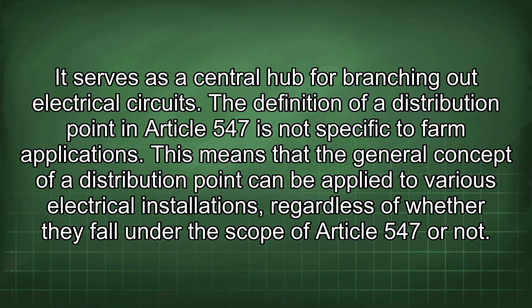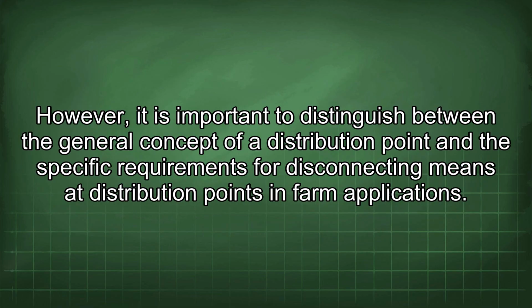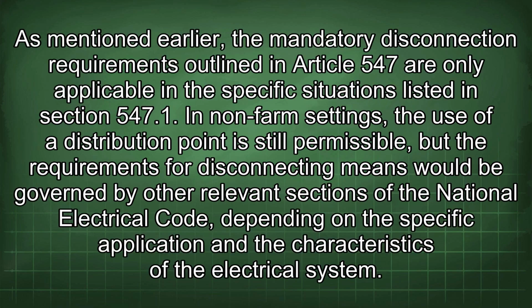The definition of a distribution point in Article 547 is not specific to farm applications. This means that the general concept of a distribution point can be applied to various electrical installations, regardless of whether they fall under the scope of Article 547 or not. However, it is important to distinguish between the general concept of a distribution point and the specific requirements for disconnecting means at distribution points in farm applications. As mentioned earlier, the mandatory disconnection requirements outlined in Article 547 are only applicable in the specific situations listed in